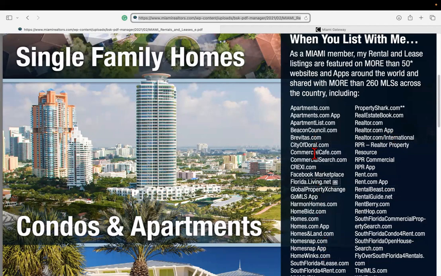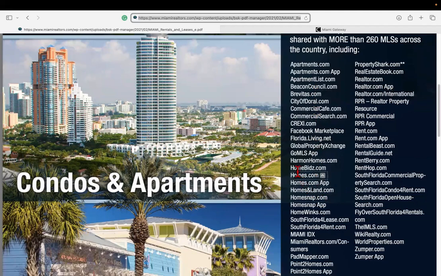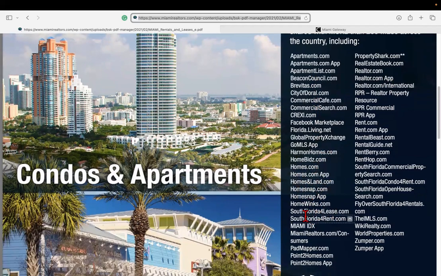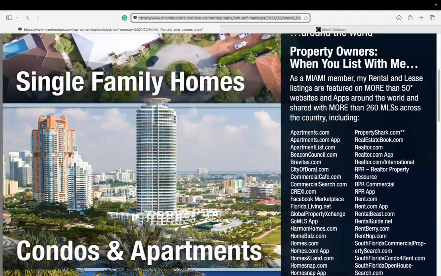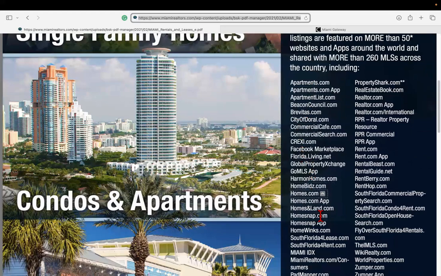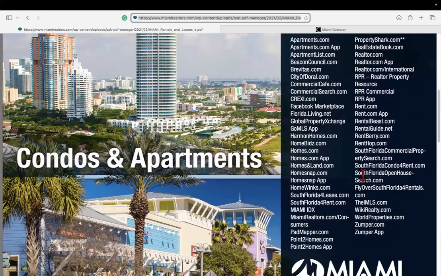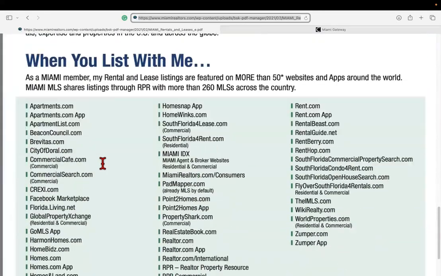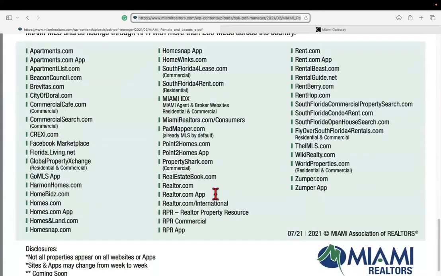There's tons and tons of websites. We also have home bids, homes.com, as well as HomeSnap here, South Florida, for lease. So these are going to be the main companies that we send your listings to. They send your listings to other websites. That's what I meant by we're going to discuss two different things. You're going to also see on page 2, it's going to give a little bit more information on those websites